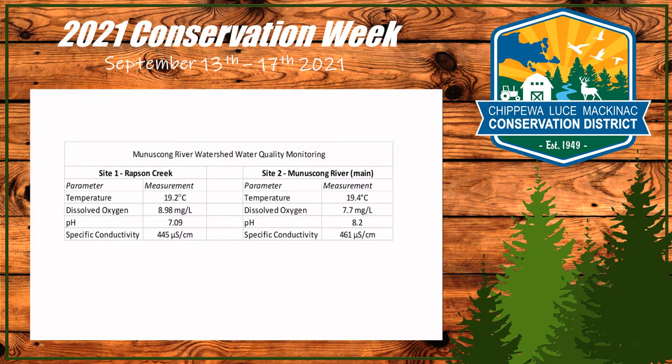The second measurement we took was dissolved oxygen. Site 1 we got 8.98 milligrams per liter, and then site 2 we got 7.7 milligrams per liter. Site 1, which is the Rapson, we saw higher dissolved oxygen. We'd expect that. Might have been hard to see in the video, but at site 1 there was a lot of